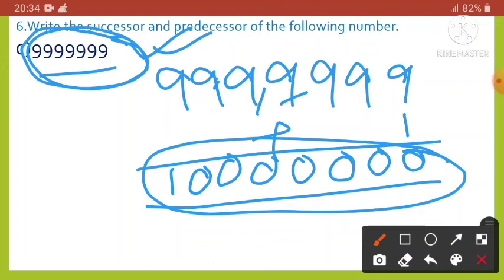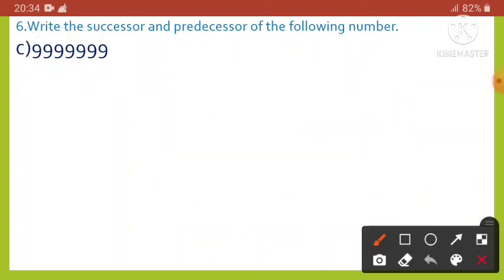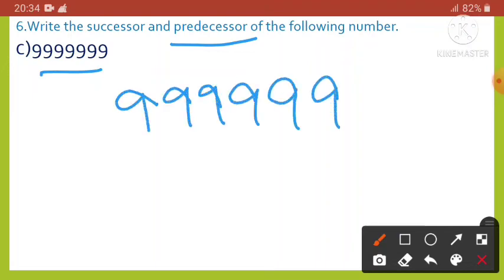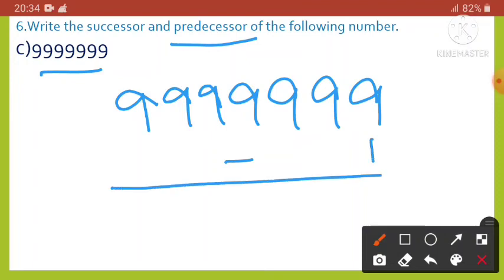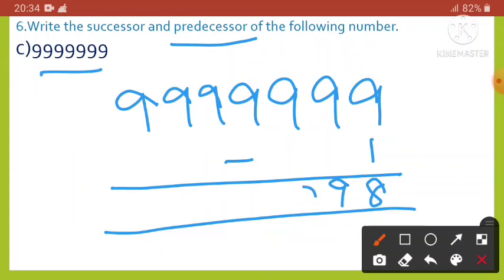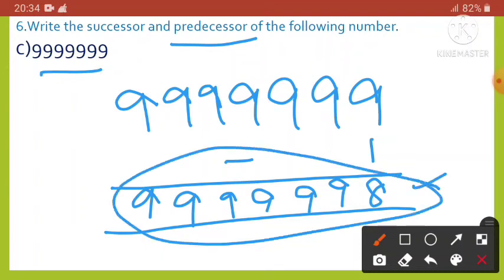Okay, and if you want to find the predecessor, then we have to subtract 1 from this number. So what will be? 9 9 9 9 9 9 and then minus 1, so it will be 1 and then 9, it will be 8. Here it is 9 9 9 9 9 9. Okay, so the number will be 9 9 9 9 9 9 6 9 and then 8. So it is the predecessor of this number. Okay,